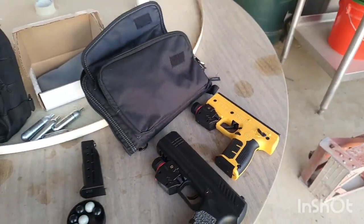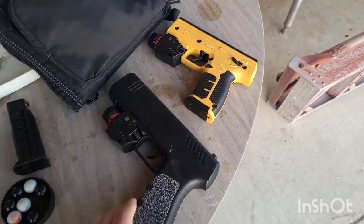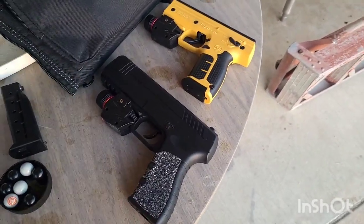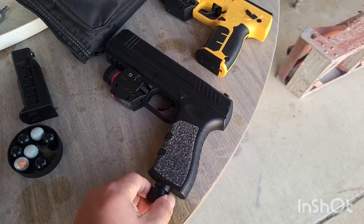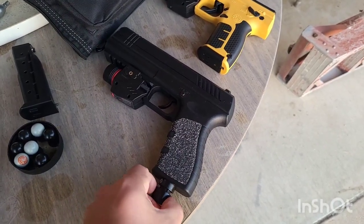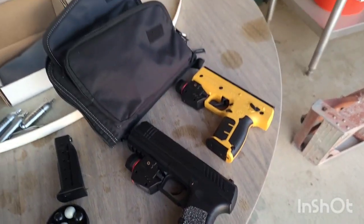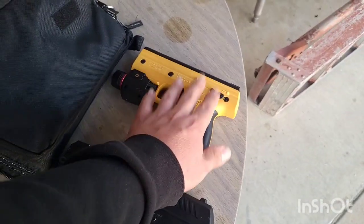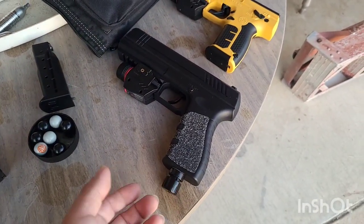And yeah, so either one's a good choice. I like the power of this. If you're not used to having to pierce a CO2 on the bottom, that could be kind of challenging, but I wasn't accustomed to either of them. I had more practice with this one, obviously, but I don't mind piercing this, because you could still do